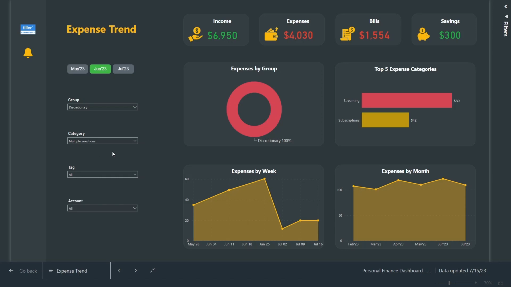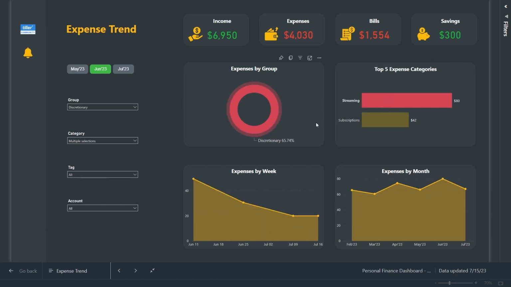We also have an option to cross highlight, where you can select one visual and it will highlight the portion of the data that is associated with the other visuals. For example, if we select the streaming category, it will automatically highlight the other visuals which correspond to the streaming data. If you hover on this, you'll be able to see the total amount versus the highlighted amount and also the percentage in comparison. This might be helpful when you're trying to understand better.